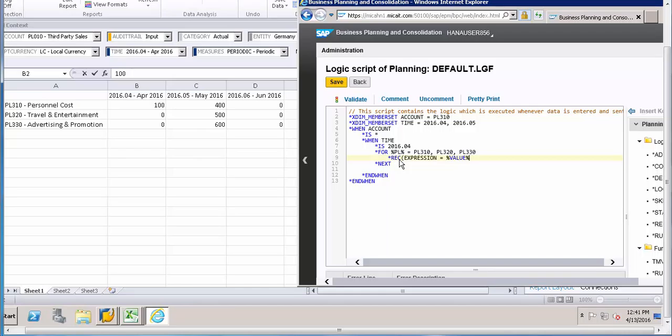So if we look into the code, the value will be 100, because the account is PL 310 and the time is April. So there is just one value, which is 100. This value is stored, and I need to add this value 100 with